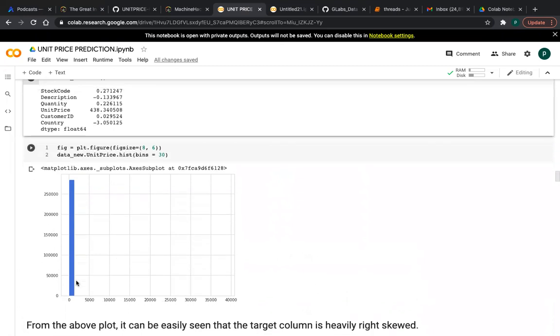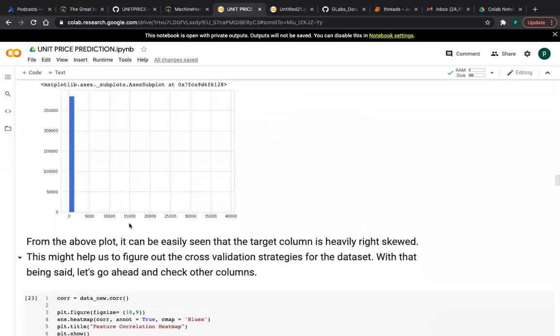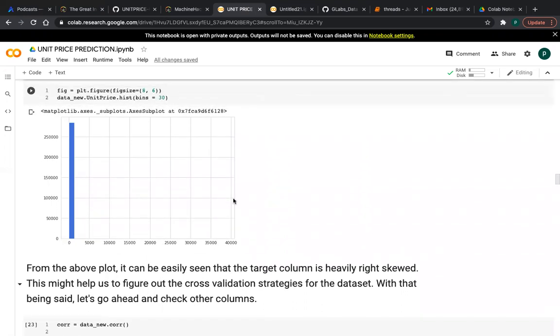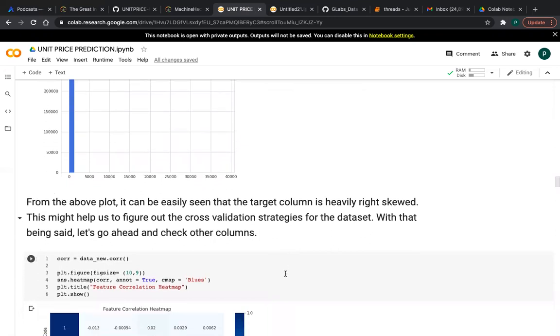See the observation, I am using a histogram. From the plot we can easily see that the target column is right skewed. This might help us figure out cross validation strategies for the data set. With that being said, let's check the other columns, friends, for skewness or anything else.